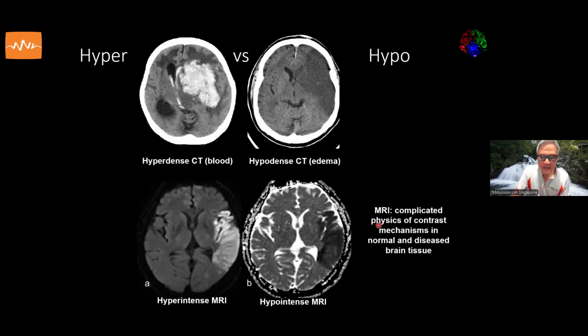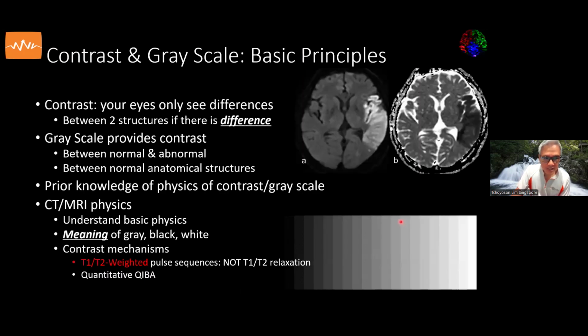So MRI is very much more complicated in its physics. The contrast and the grayscale allows our eye to see the difference. And with our prior knowledge of the physics of image formation, it allows us to understand the meaning of the